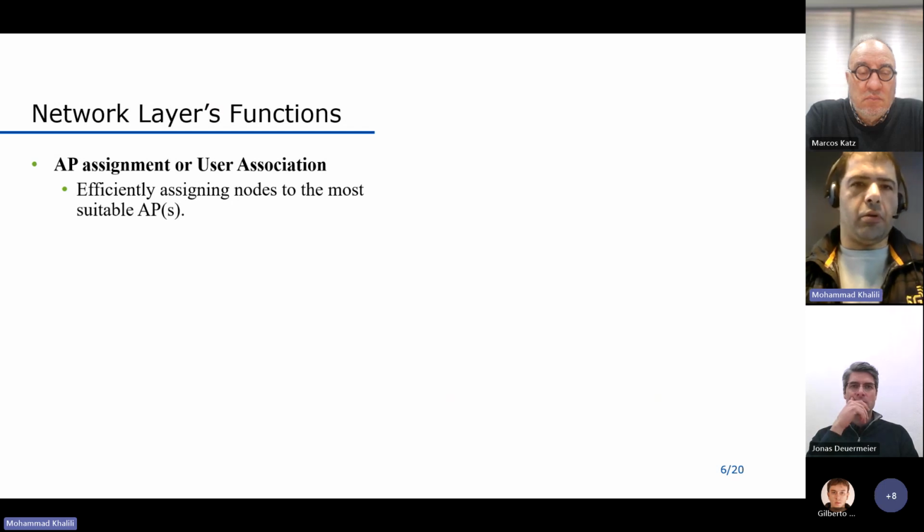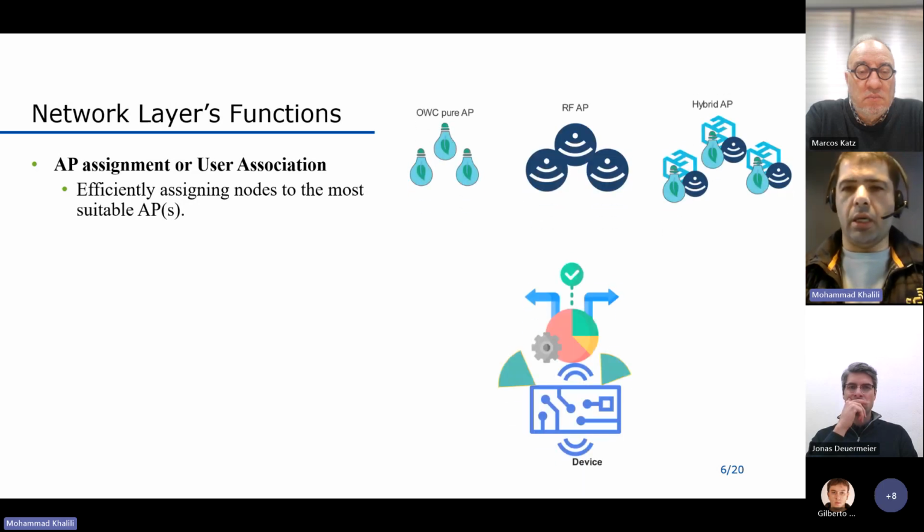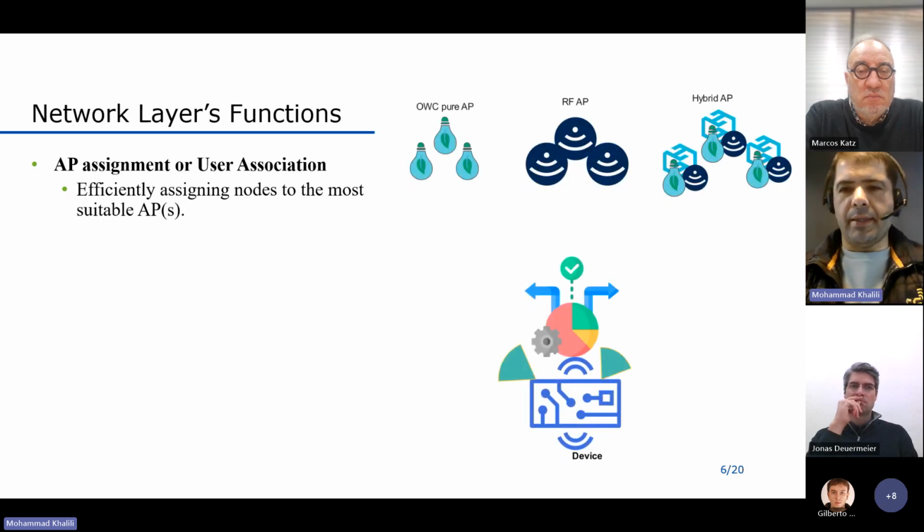One key function in a network is access point assignment, or user association, where a node or nodes should be connected to the access points. Here we have some devices that should decide which of the access points is more proper to communicate or associate with. Here we have different access points in